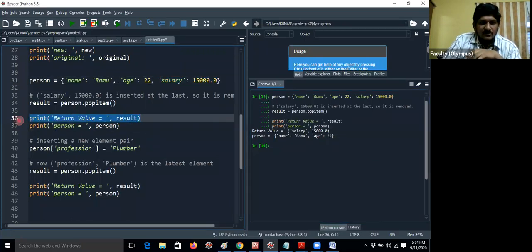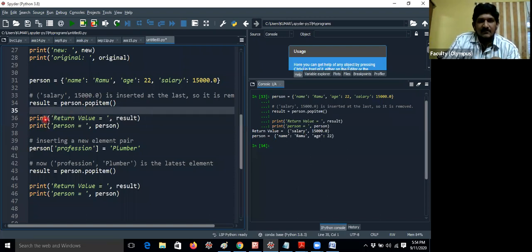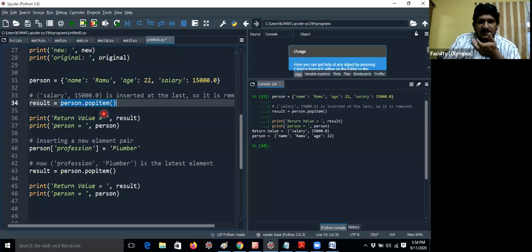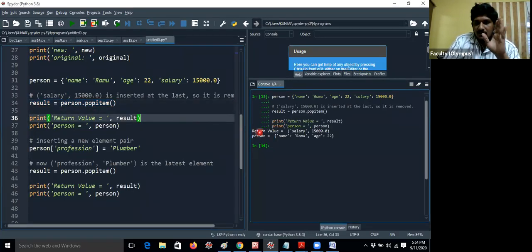That's all. It is not actually required; you can write it simply like this. I'm actually increasing the code just for understanding purposes. If you would like to print it, just write removed_item equal to person.popitem(), you can place that, and it is also fine. You need to take another variable like this. For better understanding purposes only, I'm telling like this.